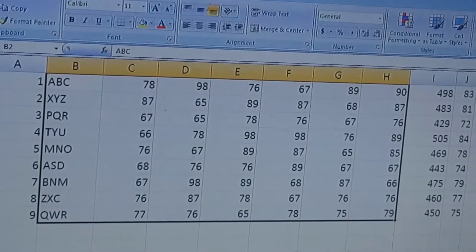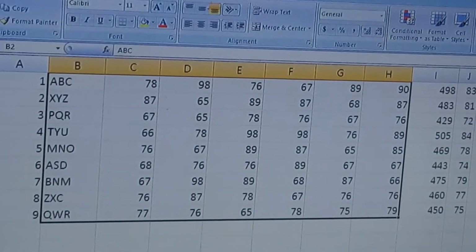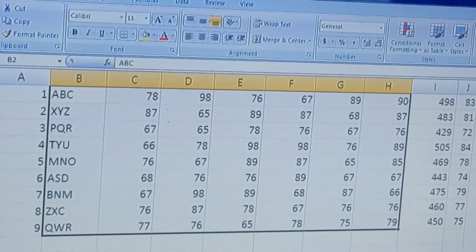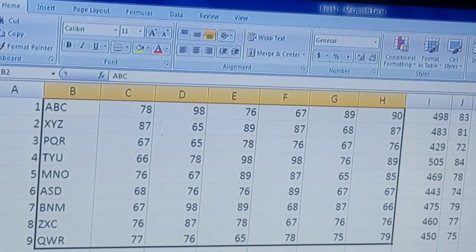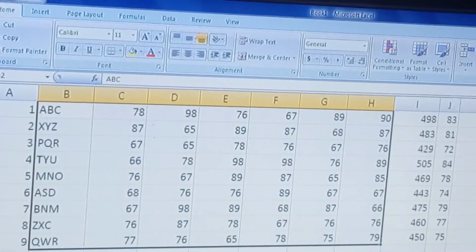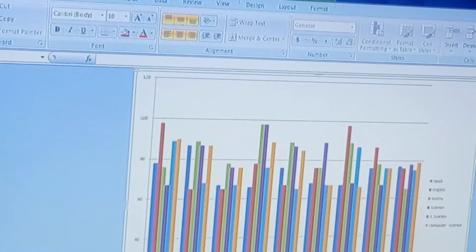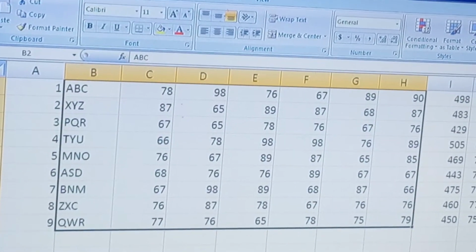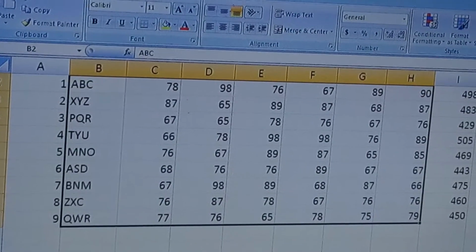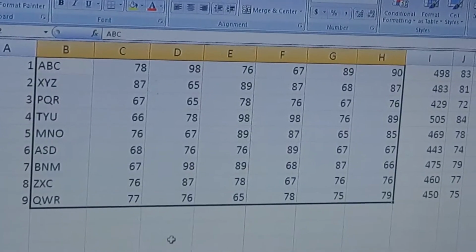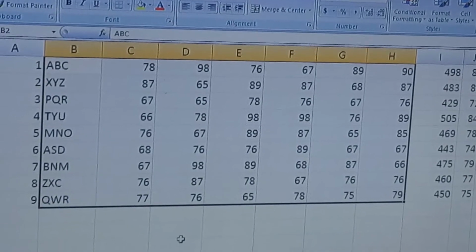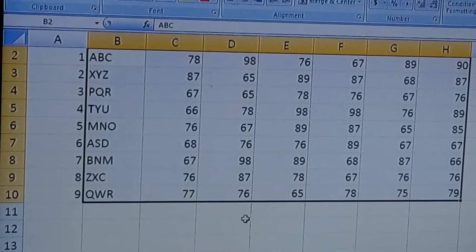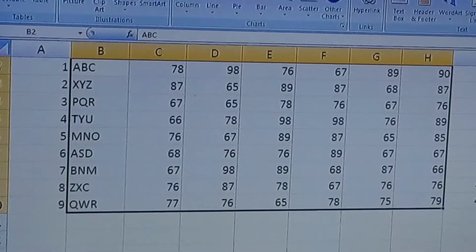For this, a new chart sheet is created for the chart. And when you create the chart on the particular sheet in which the data series is, it is known as an embedded chart, and the other is known as a chart sheet. Clear?